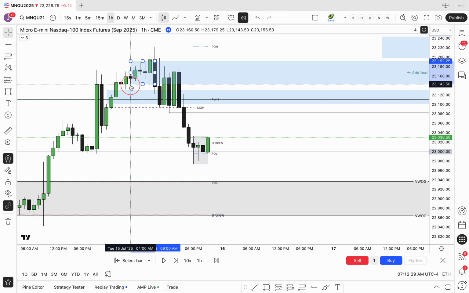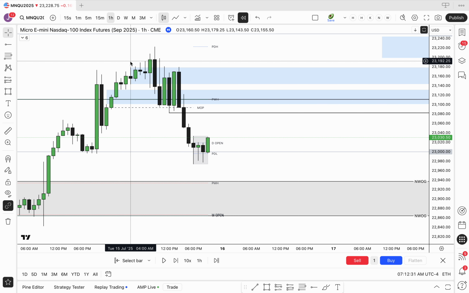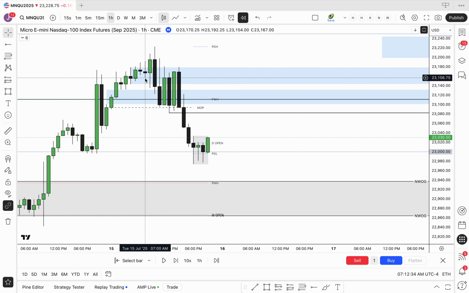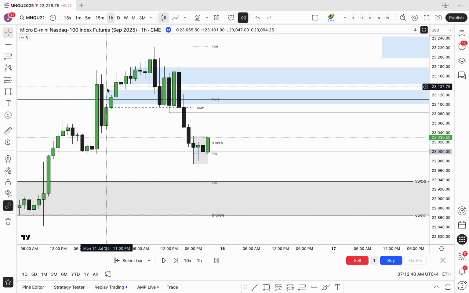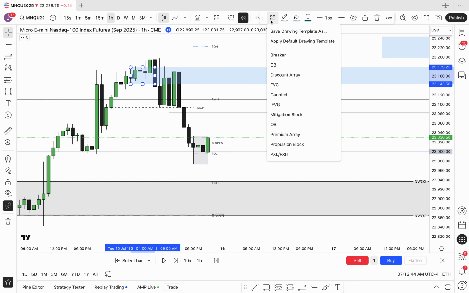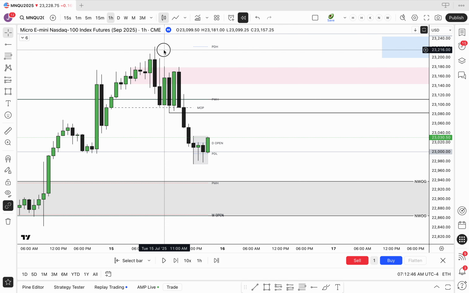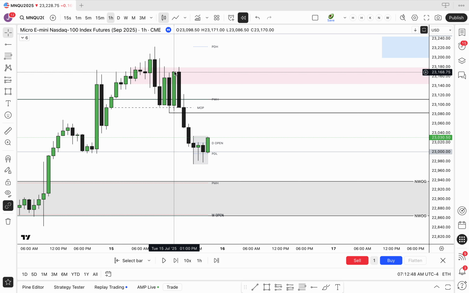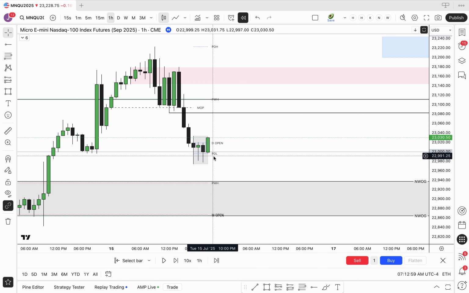So maybe you drop it back down into this one because we've ran above it, we've came back down and tested it, we've ran above it again, and now we've closed down below it. So you want to see this function as resistance. Okay? And we get down below it and we come back up and use it as resistance and we sell off. So there's a trade in there. Tuesday morning, there's a short that you can take lower.